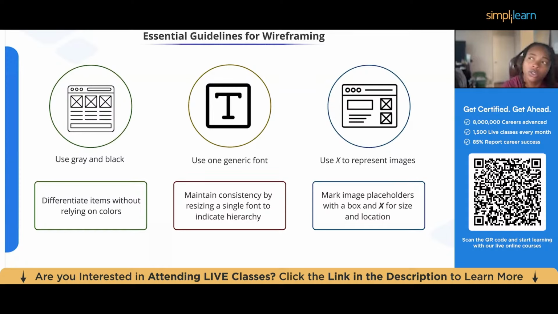But a lot of times you want to essentially separate out your elements, especially when you're working on screens. The reason why it's in black and white or gray and black, if you will, is to not be distracting, to be able to clearly have your stakeholders and collaborators focus on the content at hand or the story that you're trying to tell, at least at a low level, to make sure they're able to grasp it and follow along. And then of course use one generic font to maintain consistency,